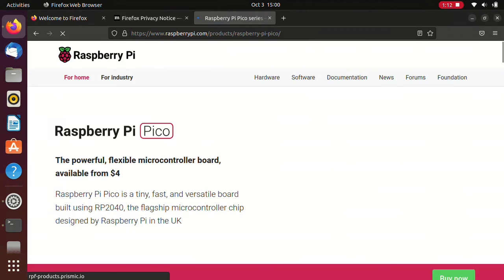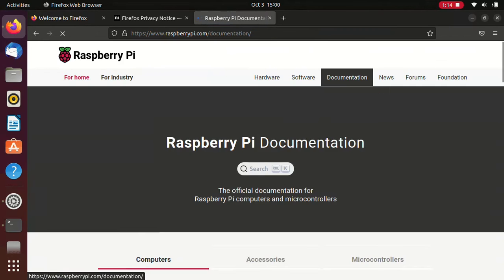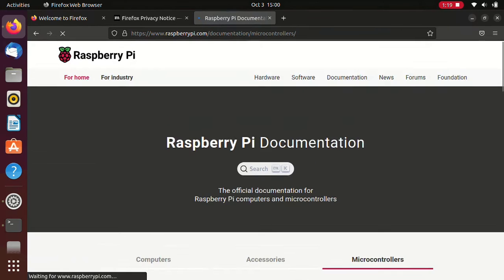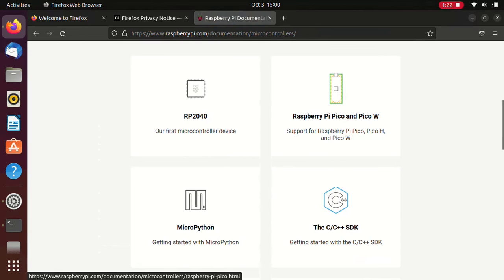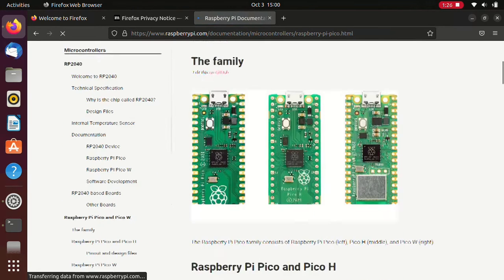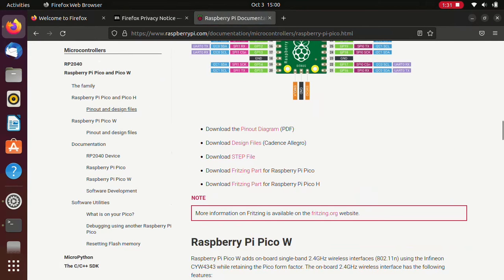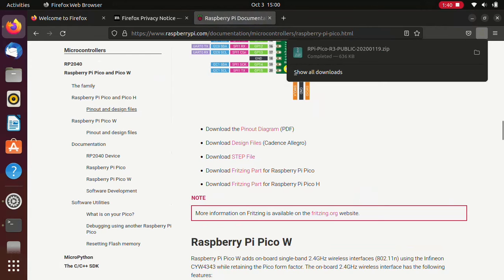You can go to their web page and go for documentation and download a PDF. Here are microcontrollers, and then Pico and W. Here we can go and download. We can get stub files, design file. I need a design file. I'm taking it for later, not right now. And then I need